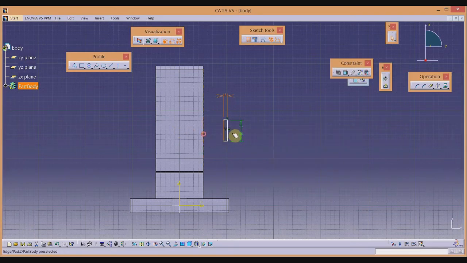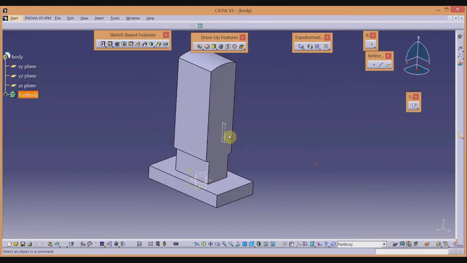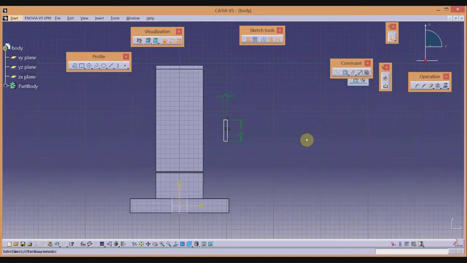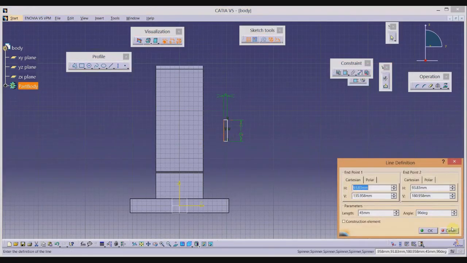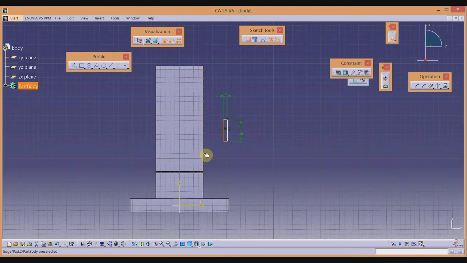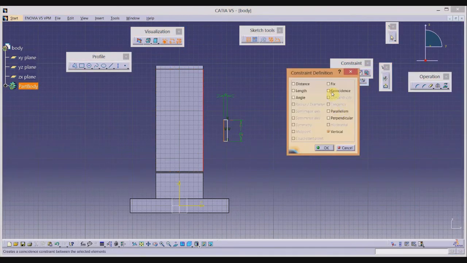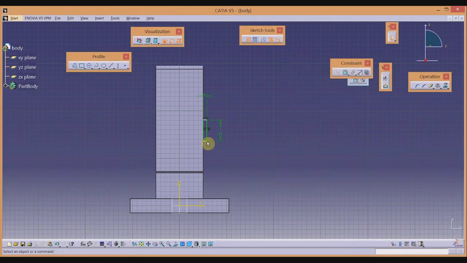This is on this, so let us apply the constraint of coincidence. This is on this. So we'll apply the constraint of coincidence, and now I will place this edge from this edge at a distance of